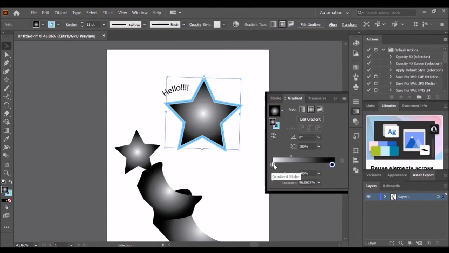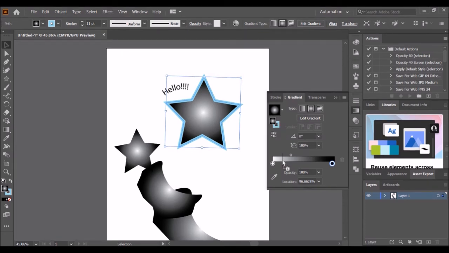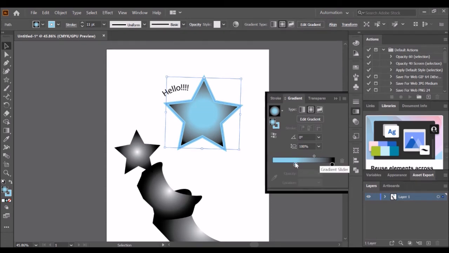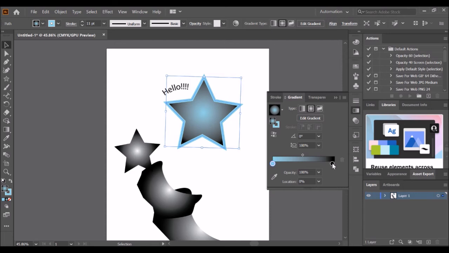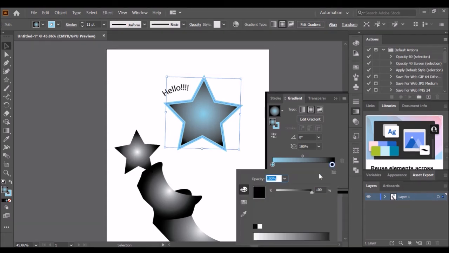If I want these, let's say I want black to blue, I can take this blue and bring it down in here. And now I have blue involved in my gradient here. I can take this one and select it and delete it. So now I have black to blue. If I want to change the black, I can